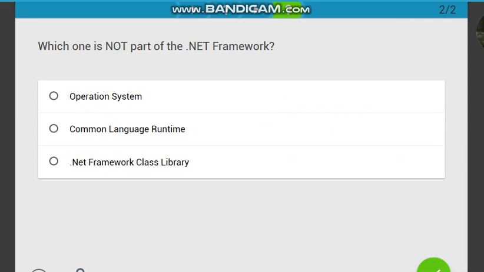Which one is not part of the .NET framework? So we know the .NET framework class library is a part of .NET, so that's clearly not it. And we know common language runtime, the CLR, is a part of .NET because it manages memory and other services. So we know that's not it. So is it operating systems? Let's find out. Click the button